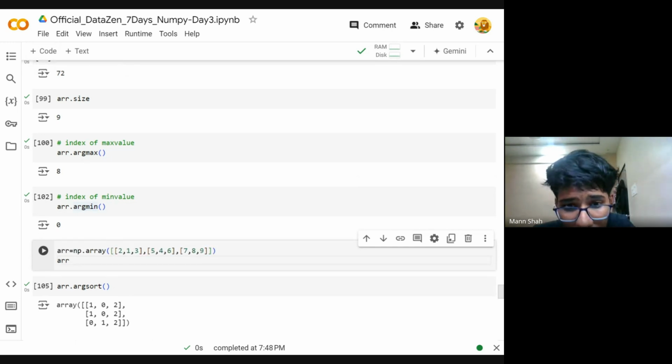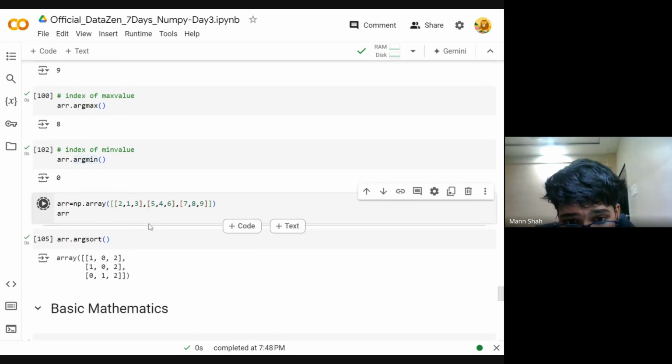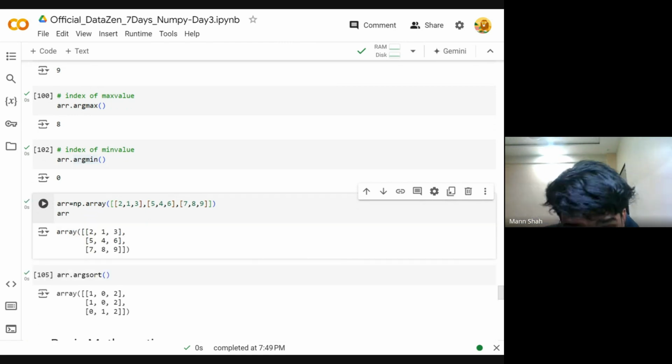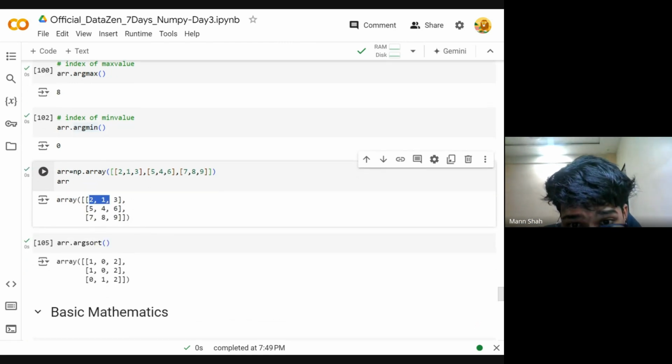ओके, सो यहाँ पे यू कैन सी दैट वी हैव वैल्यूज 2, 1 एंड 3. अब 2 का इंडेक्स है 1, 1 का इंडेक्स है 0 और 3 का इंडेक्स है 2. तो जब मैंने arr.argsort यूज किया, तो इसने इस पर्टिकुलर लिस्ट को सॉर्ट किया पहले और फिर मेरे को प्रोवाइड किया उसके